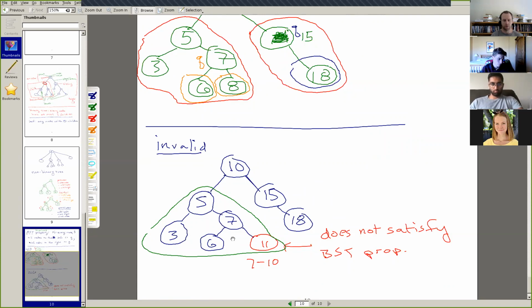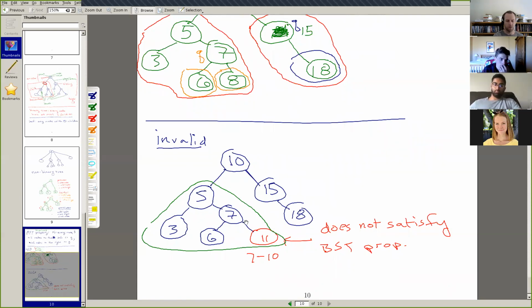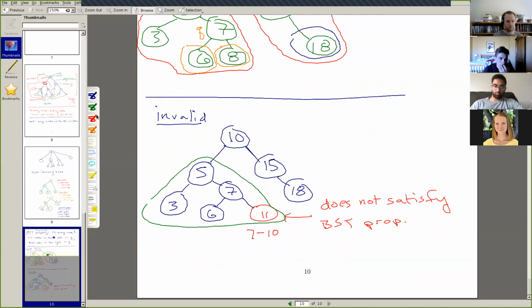Okay. So that's the main operation that you might want to do inside of a binary search tree, that lookup operation. Another operation that you might want to do is finding the minimum or the max of a tree. And this is something else that we can also do really efficiently in a binary search tree. If we're trying to find, say, the minimum, then you start at the root and always keep going to the left.